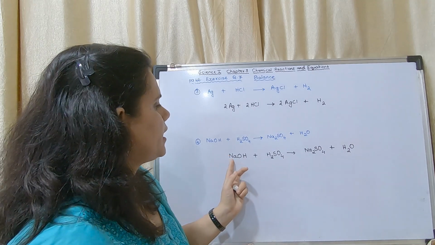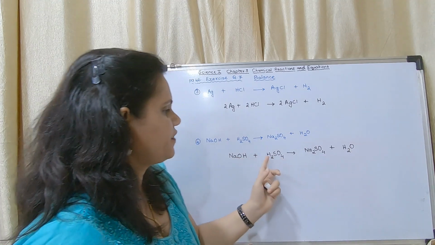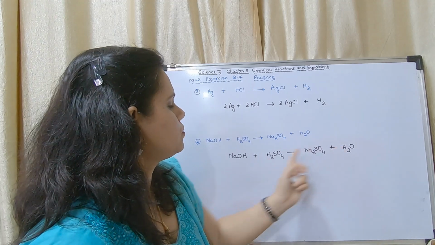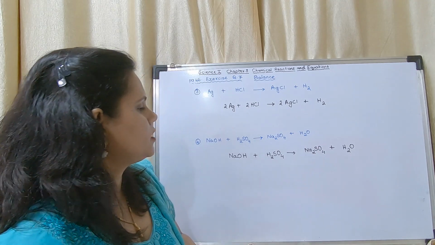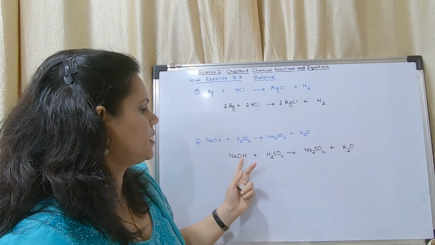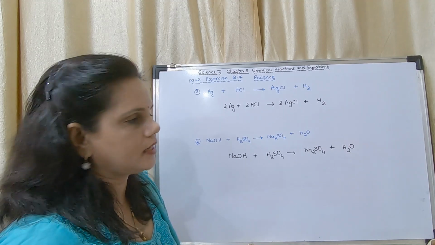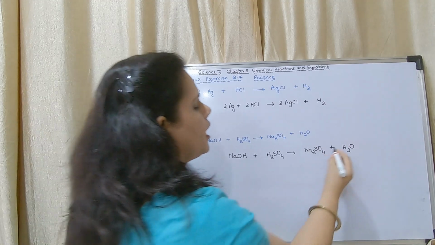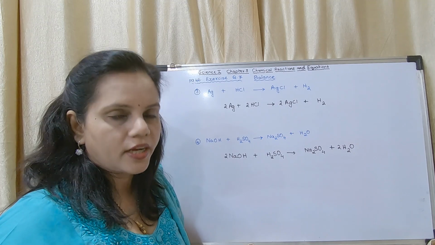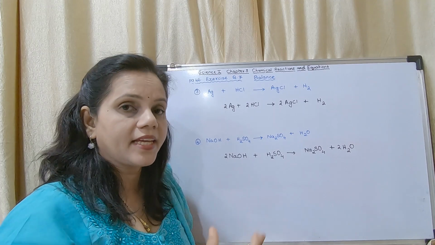Again I will see. Now Na, here it is Na2, O 4 plus 1 is 5, 4 plus 1 is 5, H2, H2, okay, H2 is balanced, S, S. So which one is unbalanced? It is hydrogen and Na. So hydrogen I have to make it 3 or 4. If I have to make it 4, I will put a 2 here and a 2 here. Instead of going for 6, I am going for 4. Just before, I went for 6, now I am making the number 4.